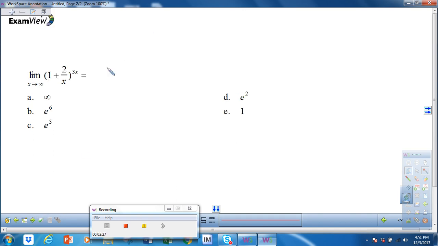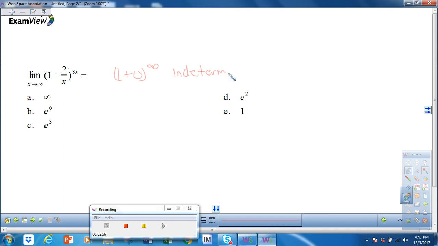This one, again, we have done many like this. It wasn't difficult. It was a little tedious because of the numbers. So what we want to see here is that if we do a direct substitution, we get 1. As this goes towards infinity, this goes towards 0. So we get 1 plus 0